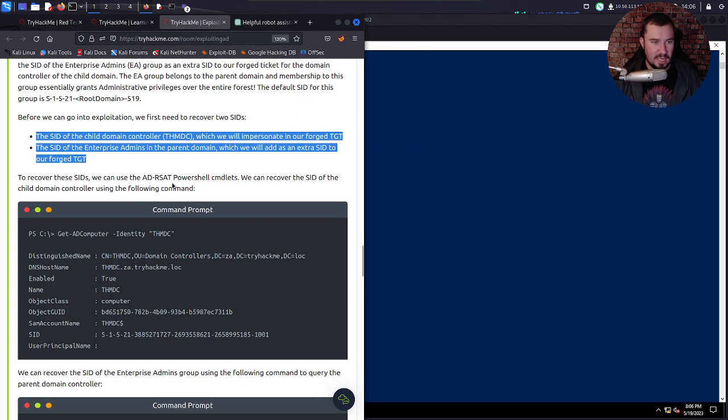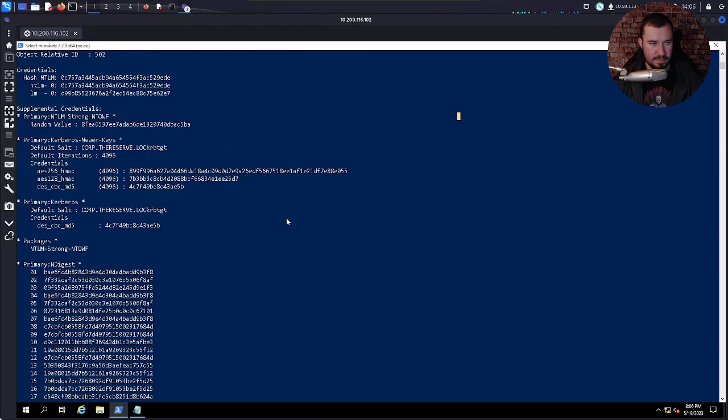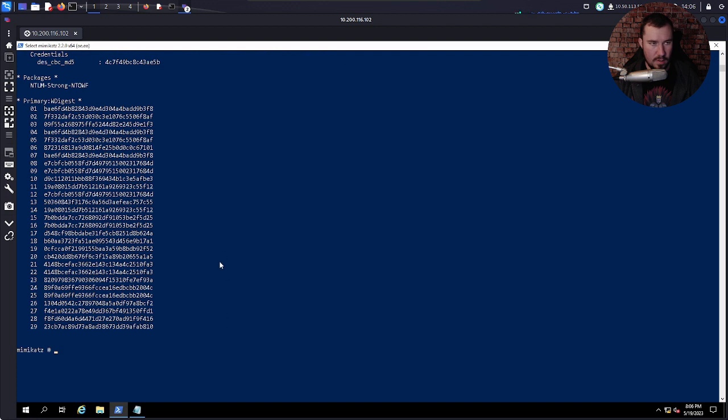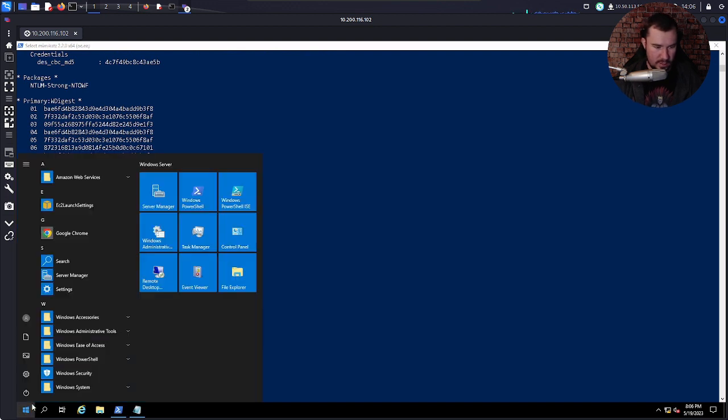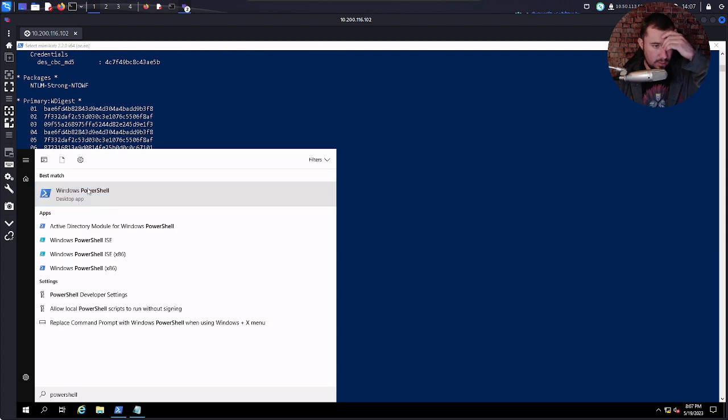To recover these SIDs, we can use the ADRecon or AD-RSAT cmdlet tool. We can recover the SID of the child domain controller using the following command. Ours would be a little bit different. We can just open a new PowerShell.